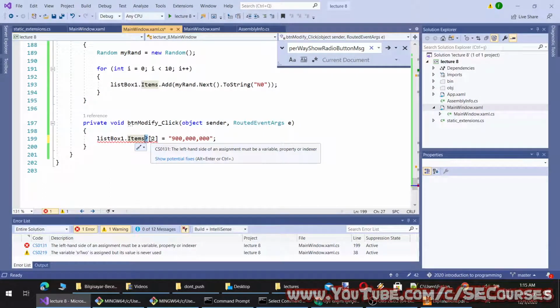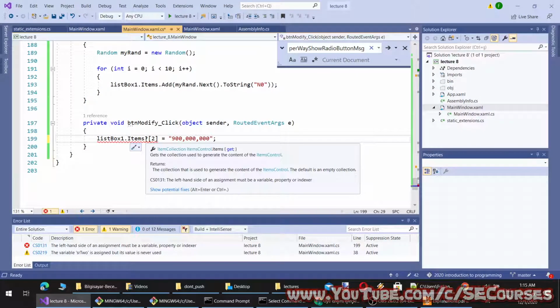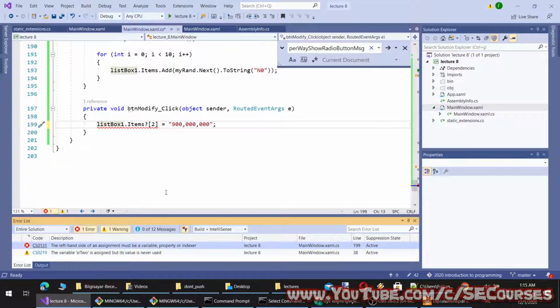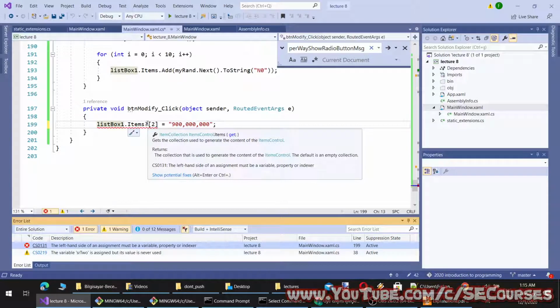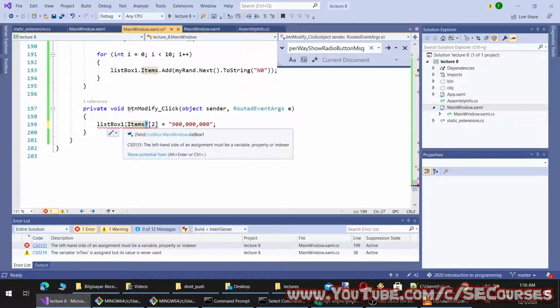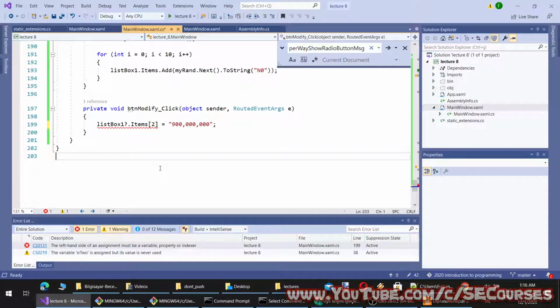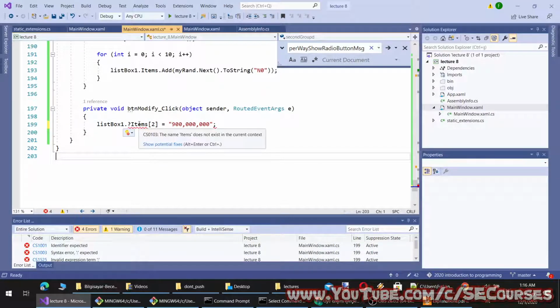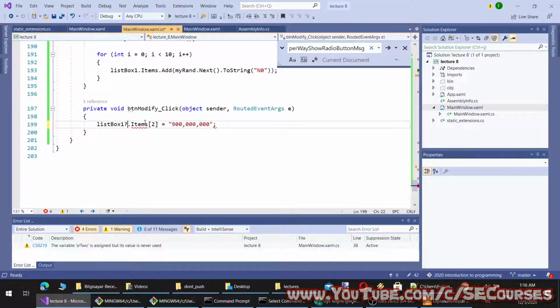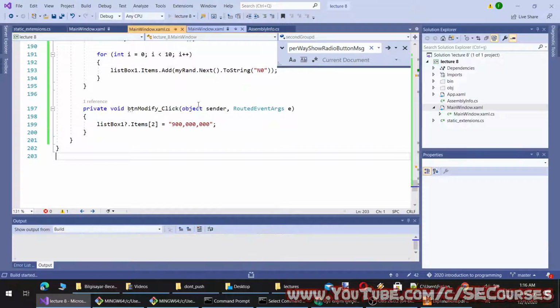Why is it not working? Okay, I see. I have to put the null check here, not there. Like this. Yeah, let's try it like this.